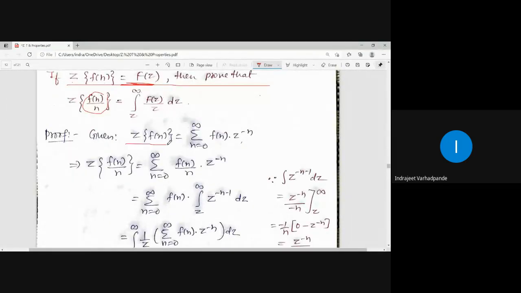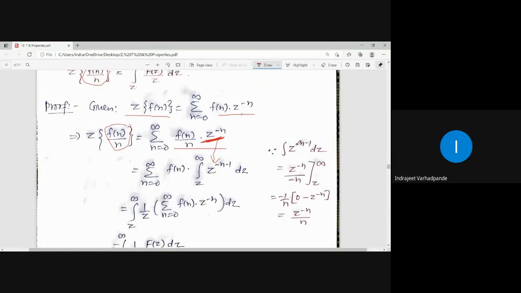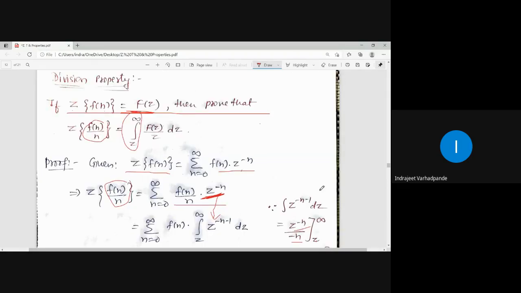So z of f of n is summation n equal to 0 to infinity f of n into z to the power minus n. For the division by n property, as per the definition, it is f of n upon n, z to the power minus n. Now we will convert z to the power minus n into an integral, because what is the integral of z to the power minus n minus 1? It is z to the power minus n minus 1 plus 1 upon minus n minus 1 plus 1, that is, z to the power minus n upon minus n. And if you put the integral from z to infinity as per the result,